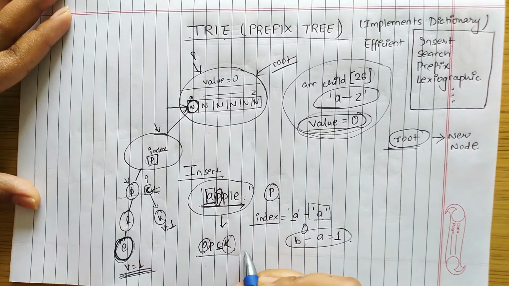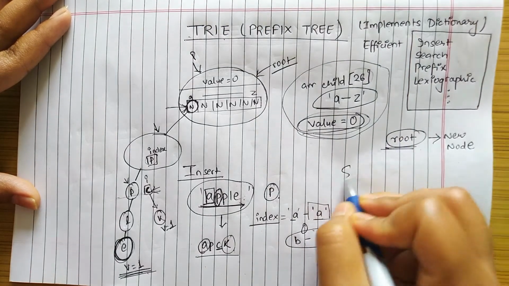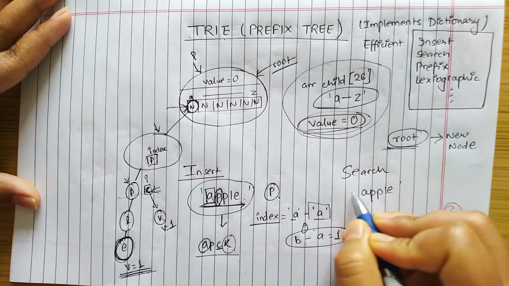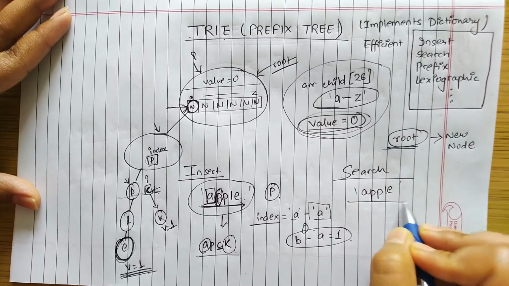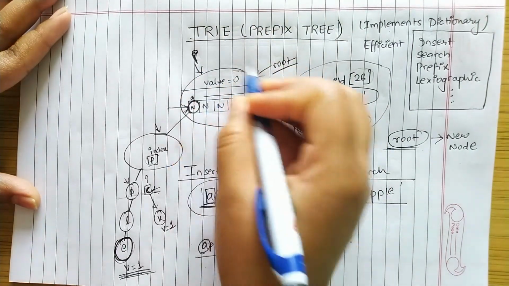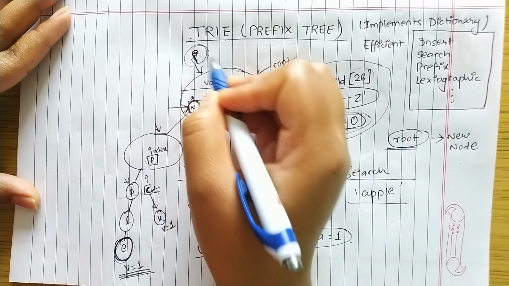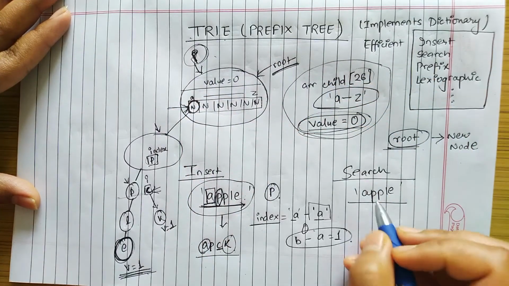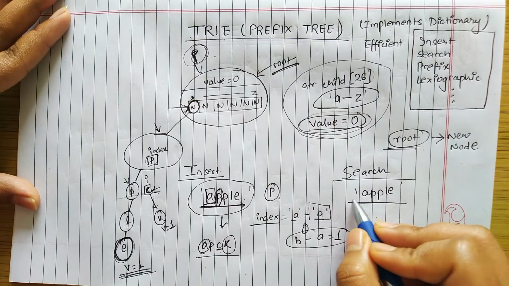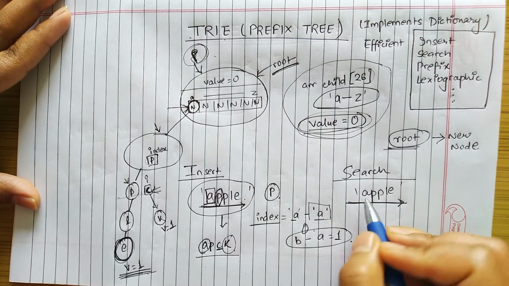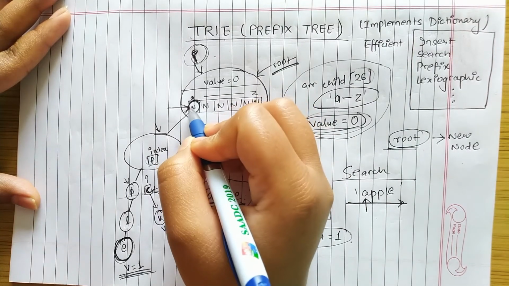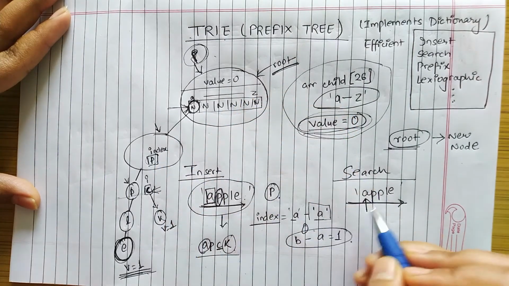So this is how the insert is done. I hope you understood insert. Now let's look at search. Let's search apple. First it will calculate the length. It first starts pointing p at the root, and then it will modify p and not the root. It will find the length and then the index, and run through a loop to iterate the entire string. For a, first of all, it will go to a and see that it is present. It is not null, which means a is present.